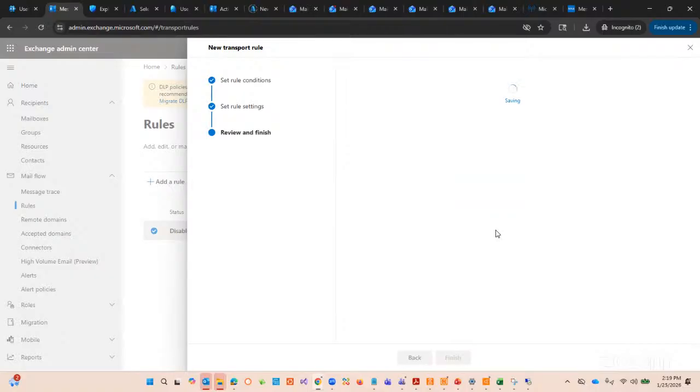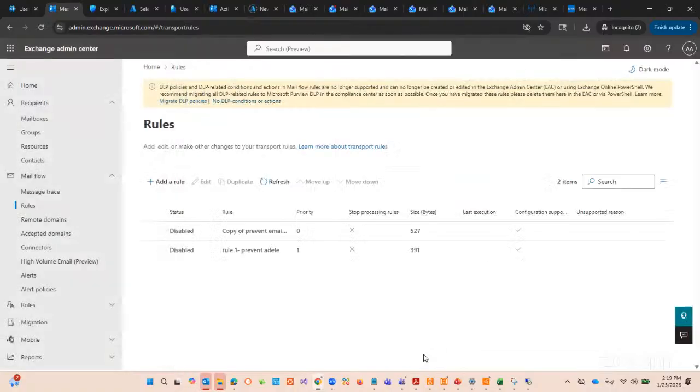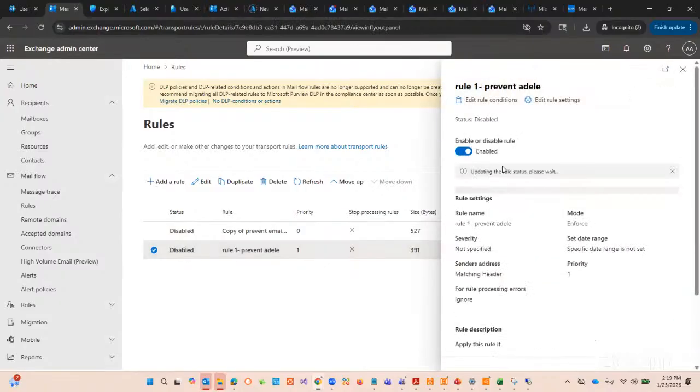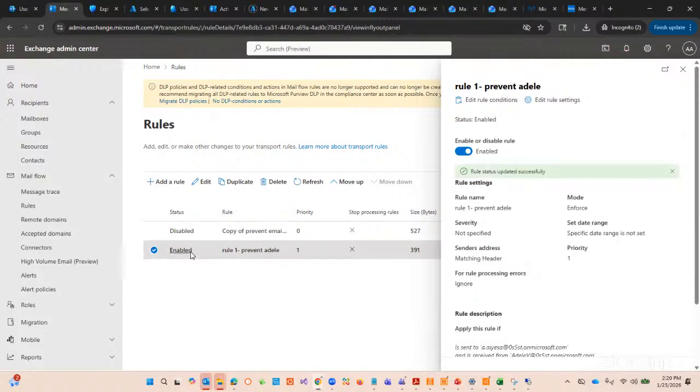finish. And then once it's done, I'm going to not just create a rule and then make sure that that rule is enabled. So that is an idea of you creating a rule, which you are going to be doing from time to time. So you see it's disabled, and then I'll come again and enable the rule. And then you're going to wait for 1 or 2 minutes or 2 seconds. Then it's going to show here,